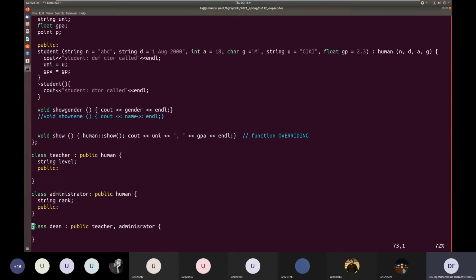So this way. I think whether we have to repeat this public keyword or not, I'm not sure, but we'll see now.